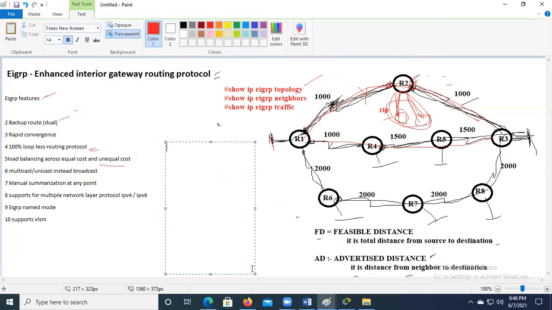We have 2 paths, there is path 1, path 2 and path 3. See the topology. The first path, the FD value is 2000. And the second path, the FD value is, tell me, FD, feasible distance. It's the total distance from my source to destination, 1000 plus 4000, yes, it is 4000. And the next one, 8000.